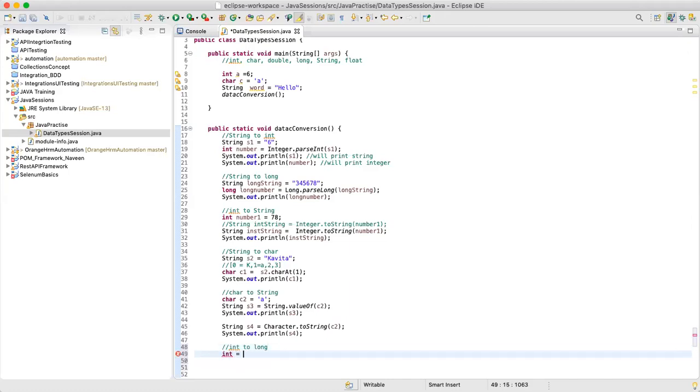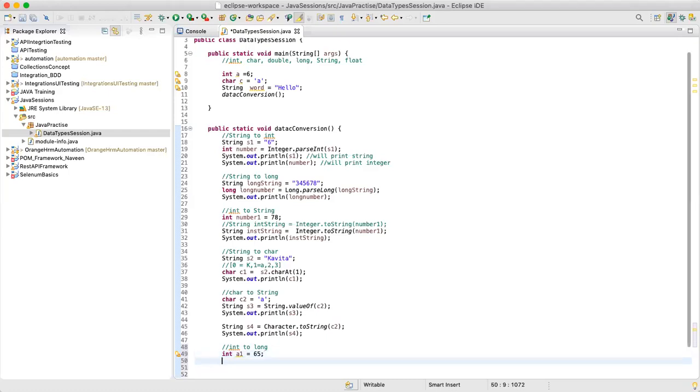So we can define a variable, A1. This is integer A1 is equal to 65. You want to convert this particular A1 into long. So you can directly define long L2 and directly say A1.